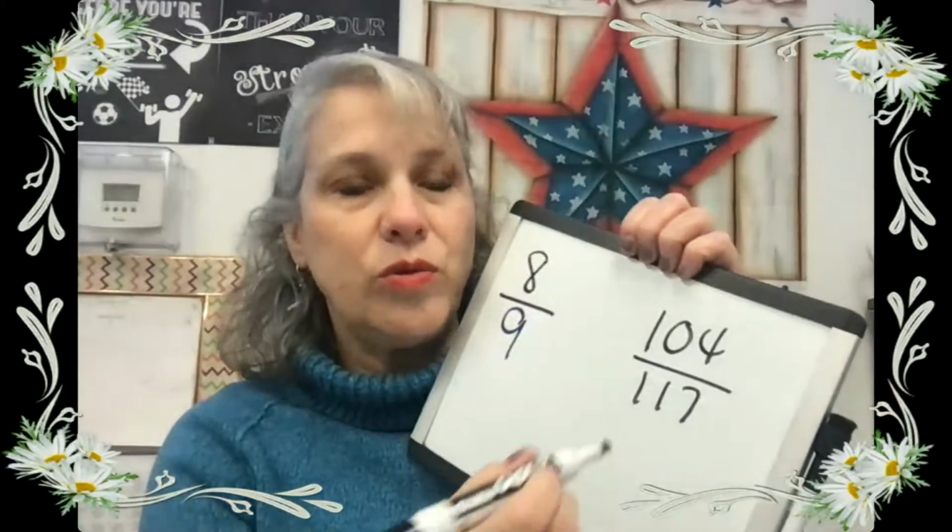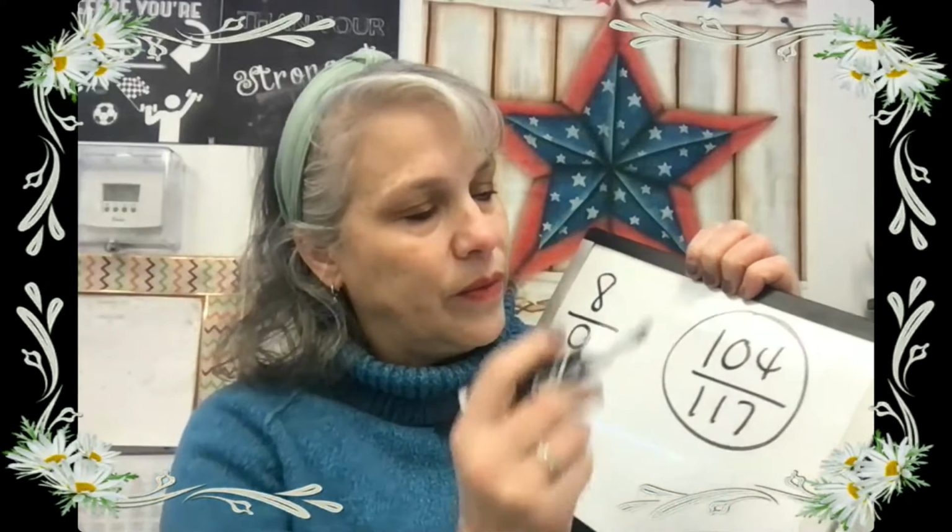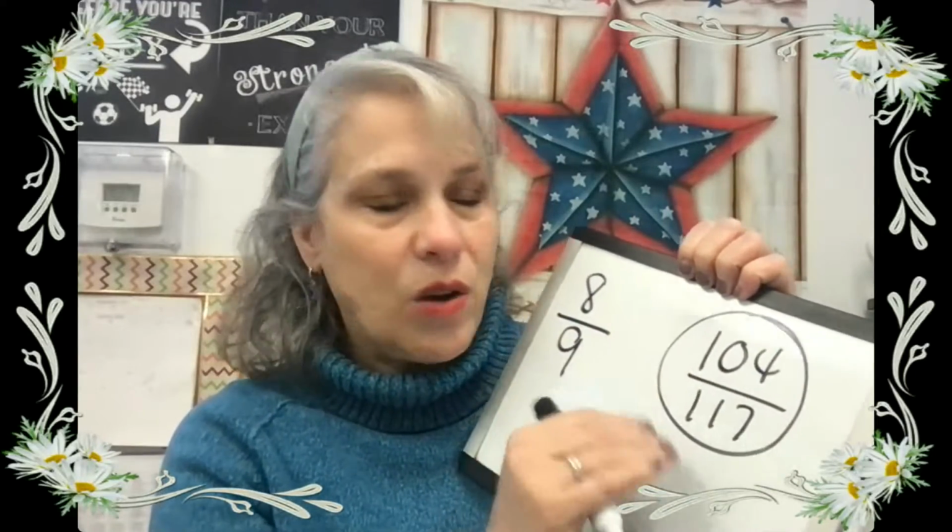Okay, you could also figure it out by saying 8/9, and you have 104 over 117. You could reduce this fraction, and if you just keep dividing it down, you should come out to 8/9. But the shortcut would be to do cross multiplication. All right, now we're going to move on to